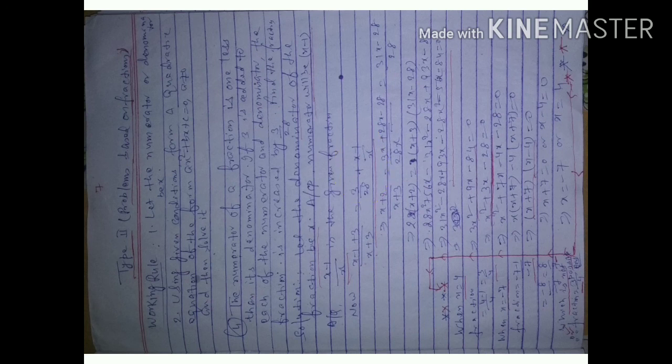Now solve it. And first of all, try to make it in the form of a quadratic equation. The quadratic equation is 3x square plus 9x minus 84 is equal to 0. It is the second important point. Now you solve this quadratic equation with any one of the methods you know. Here I have solved the quadratic equation with the help of factorization. Now the values are x is equal to minus 7 and x is equal to 4.